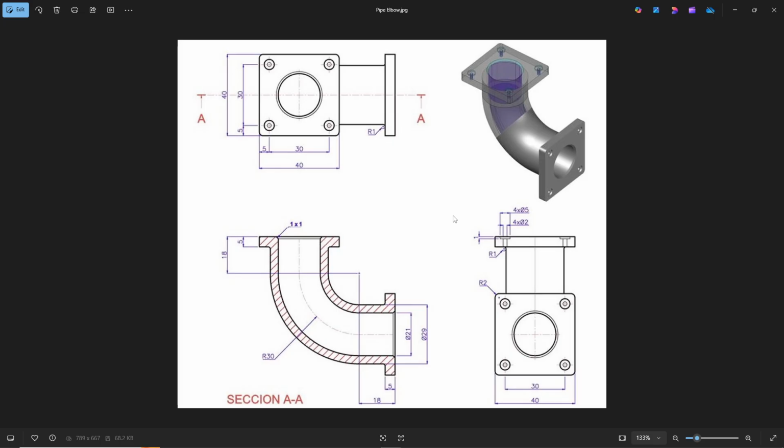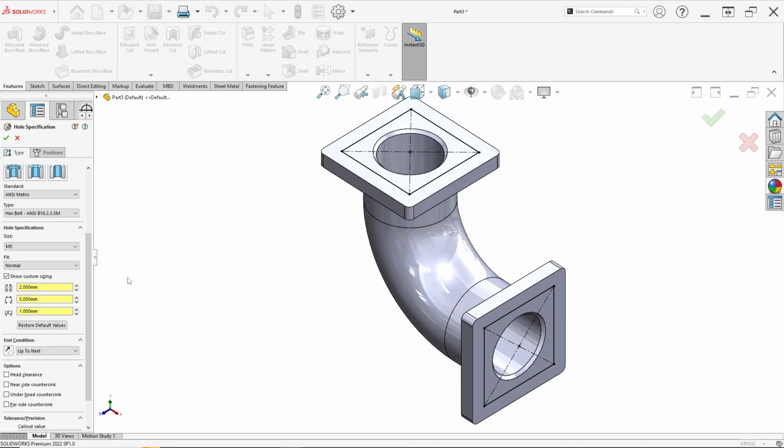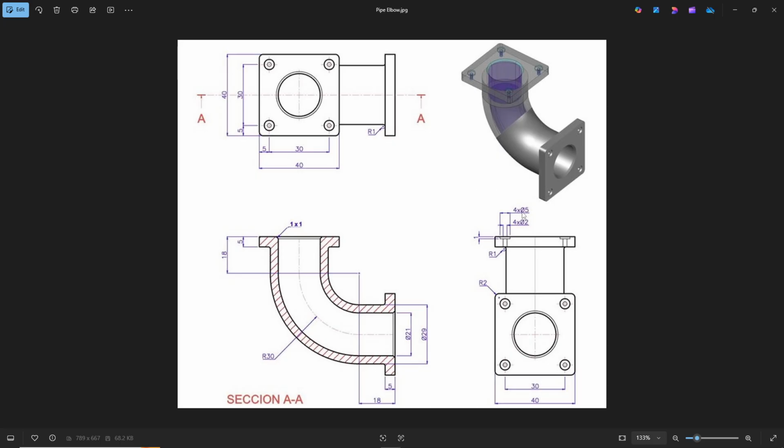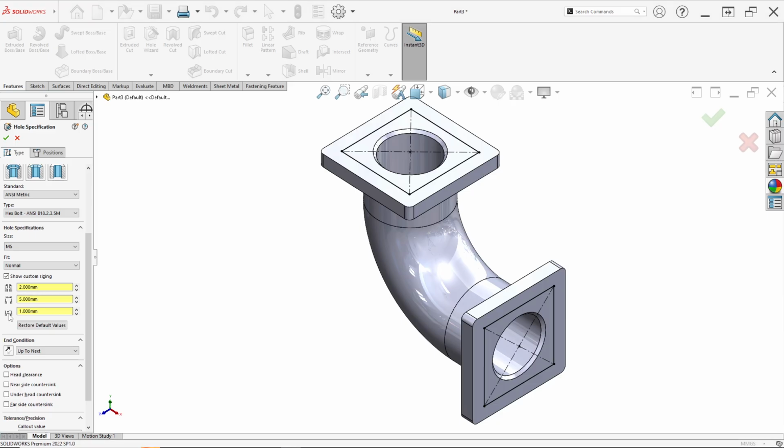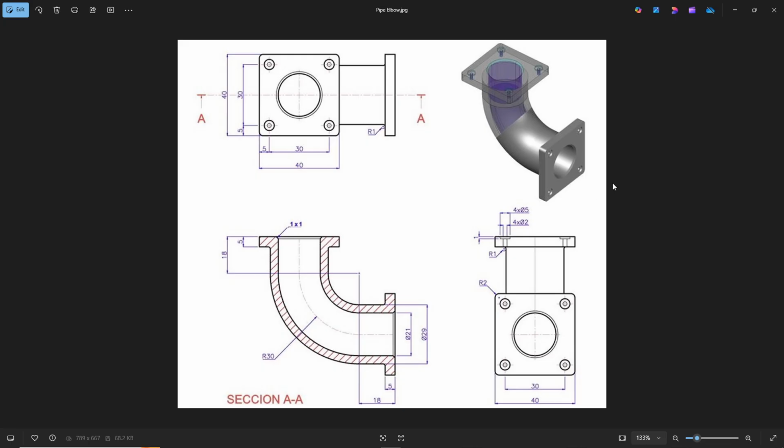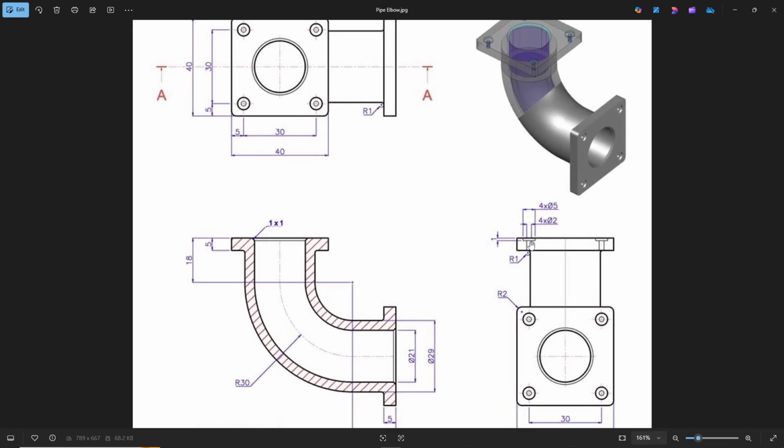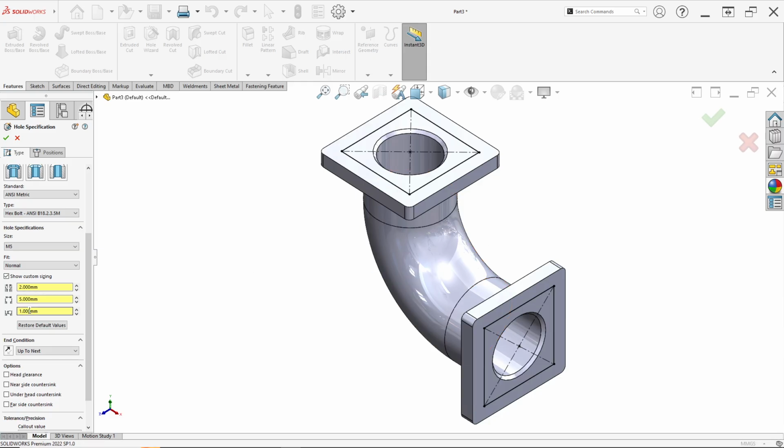You must input a diameter of 2 millimeter here, and for the outer hole you must input a diameter of 5 millimeter, and for the thickness from this to this, 1 millimeter. So you must input the dimensions like this.